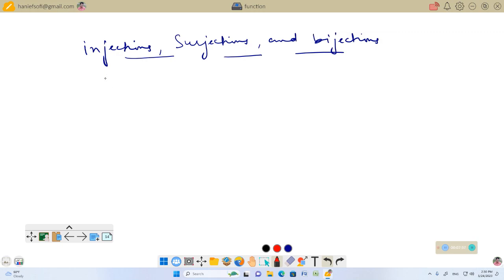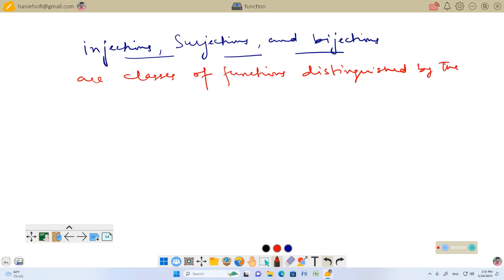They are simply classes of functions distinguished by the manner in which arguments,